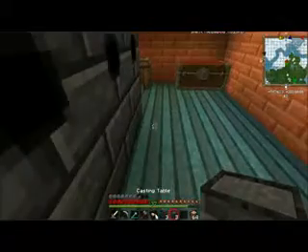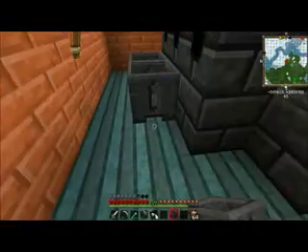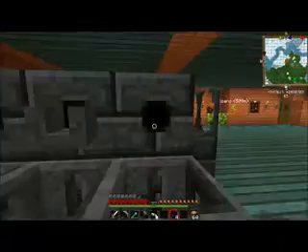Casting tables, we'll put tables on this side, and we'll put basins on this side. You don't have to have a top on there. You can if you want, but you don't have to. Then we'll put our faucets